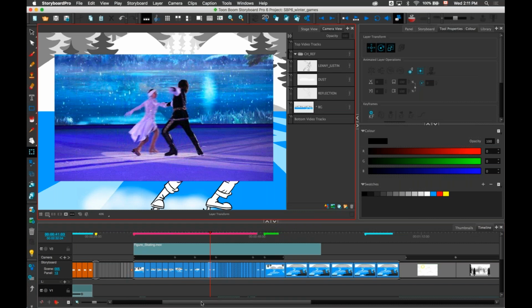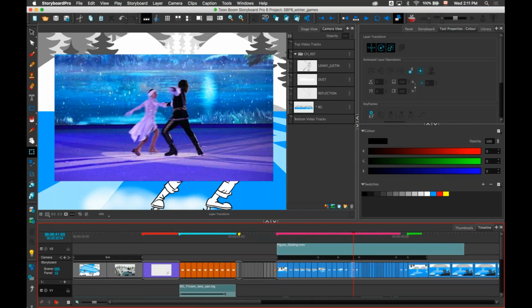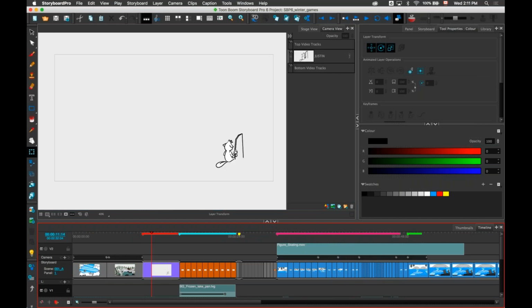The next feature I want to show you is the ability to import 3D models inside 2D scenes. So our Storyboard Pro has had the ability to import 3D models for a long time. We support FBX format, Alembic, Collada, OBJs. When you import a 3D model inside Storyboard Pro and you use it in a scene, your scene needs to be set up in 3D because it's a 3D model. Now you can rotate the camera in 3D, you can manipulate everything in a 3D environment.